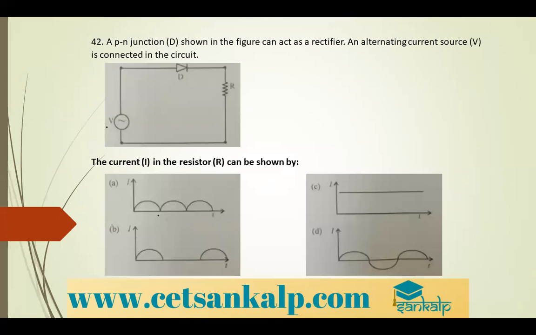A PN junction, the given PN junction, that is D, shown in the figure, can act as a rectifier. An alternating source is connected in the circuit. So now they are telling that current I in the circuit. Okay. So whenever you see a single diode connected to an